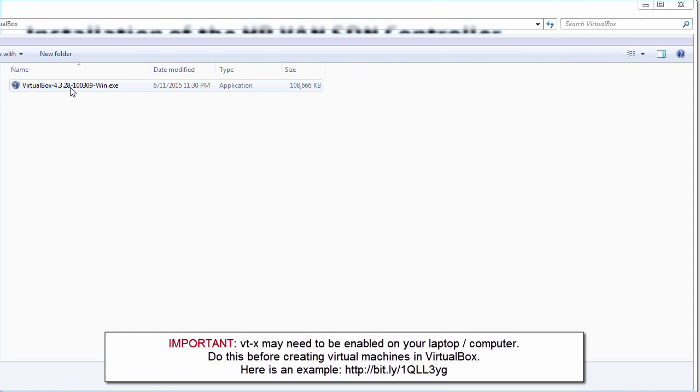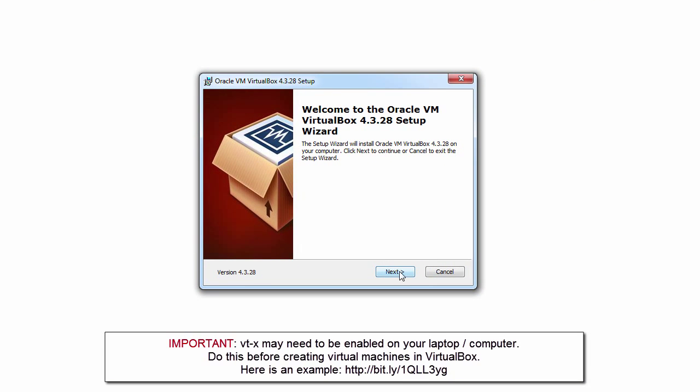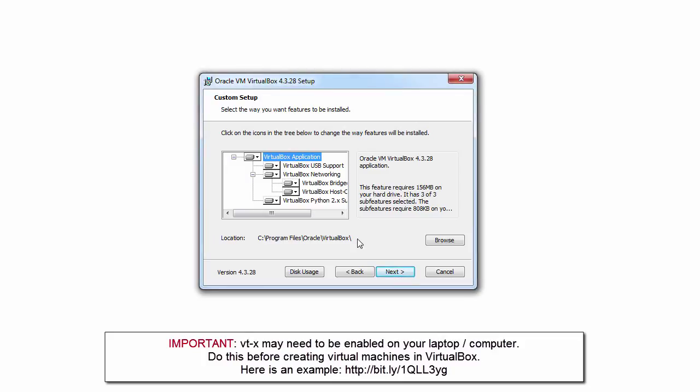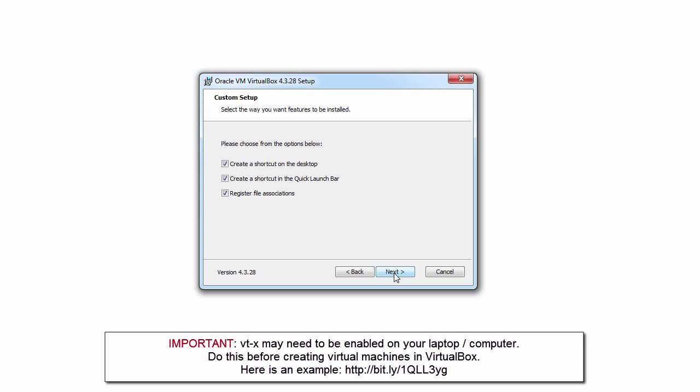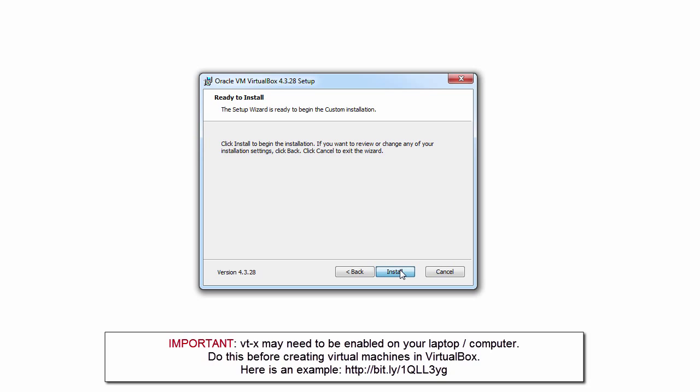So once VirtualBox has downloaded, install VirtualBox. In this example, I'm going to double click on the VirtualBox installation file and click Run. I'm going to click Next in the wizard. I'm going to choose the default installation location, C Program Files Oracle VirtualBox, click Next. I'm going to choose the default options and click Next. We're shown a warning about network interfaces. I'm happy with that, so I'm going to click Yes to proceed with the installation, and then click Install to